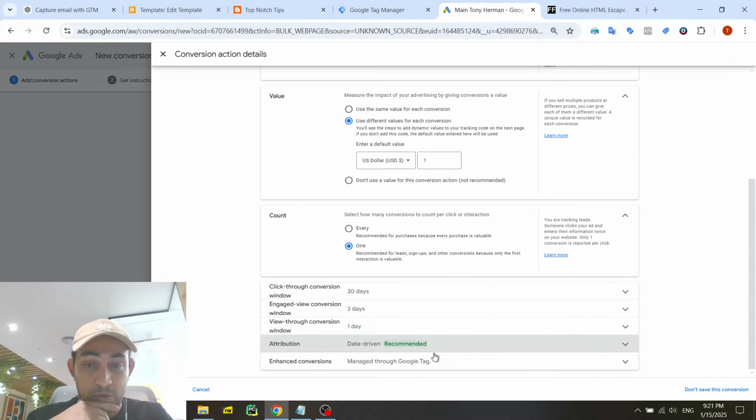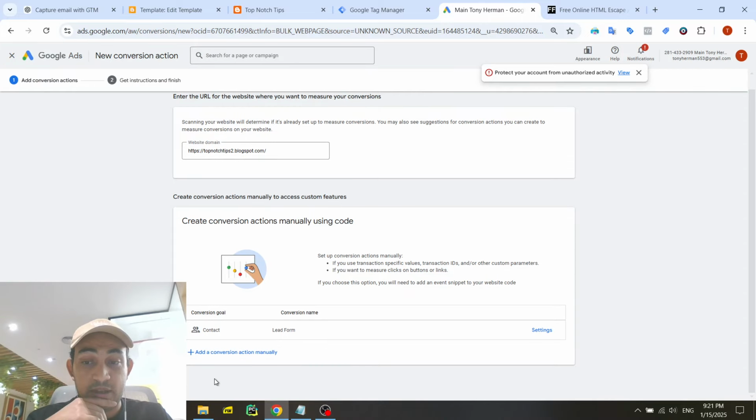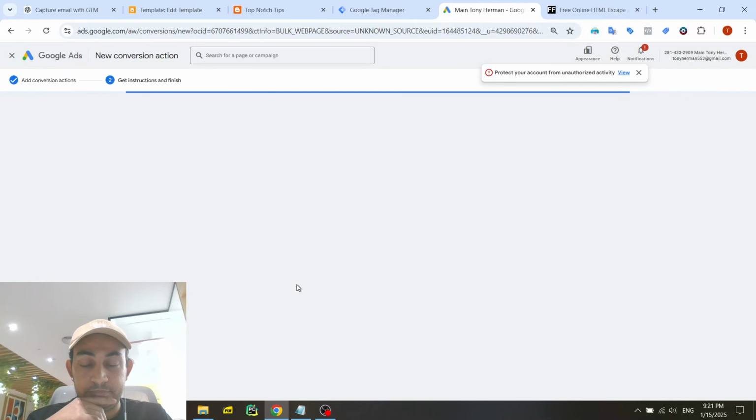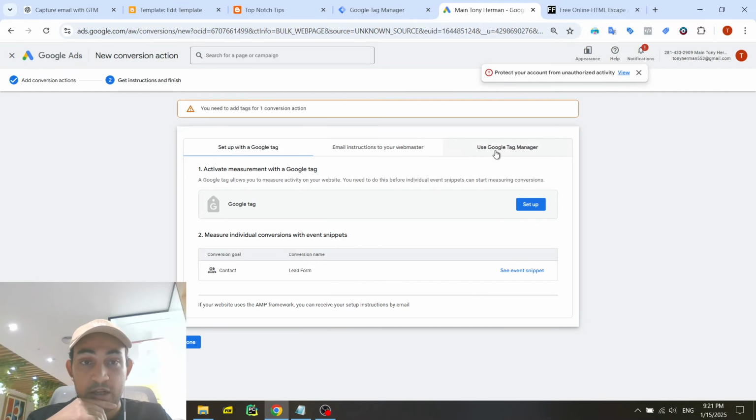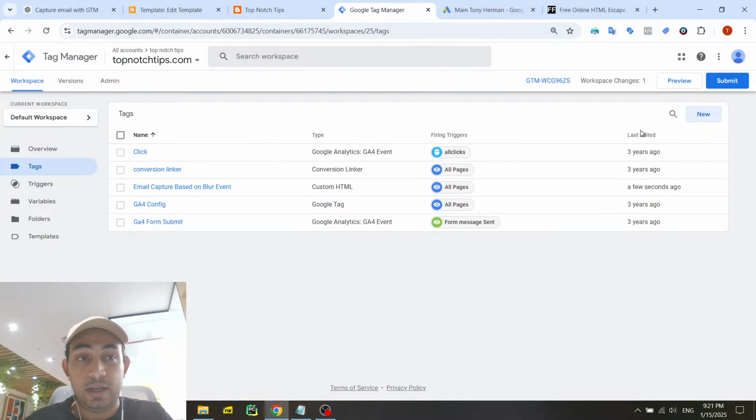I don't know which one you would like the most based on your case, but make sure that you use enhanced conversion, and that option is enabled. Click Done, click Save and Continue. Then use Google Tag Manager and get the conversion ID and the conversion label from here, and then create a